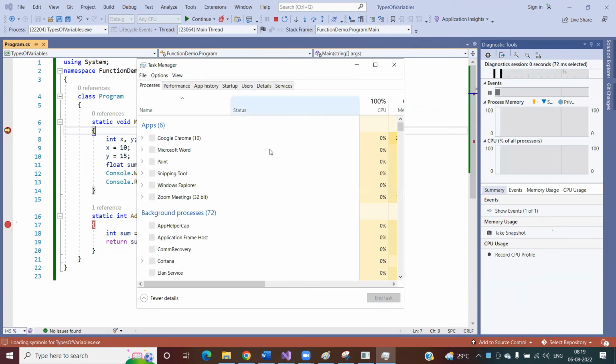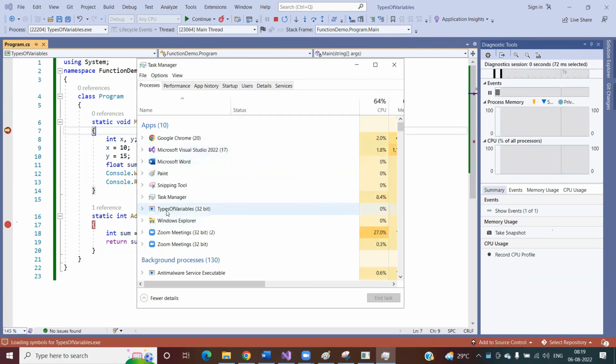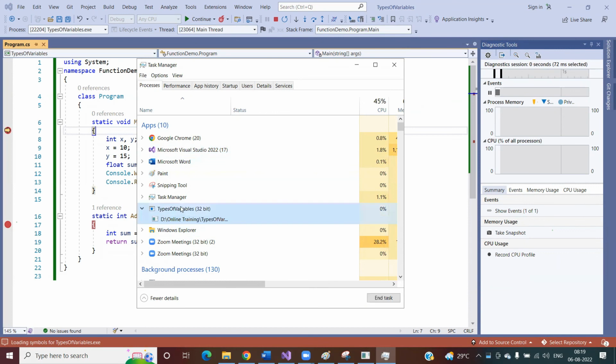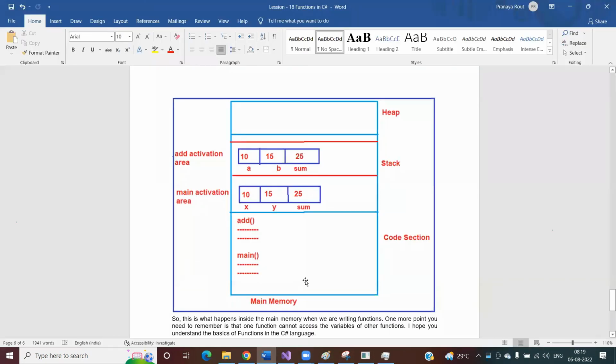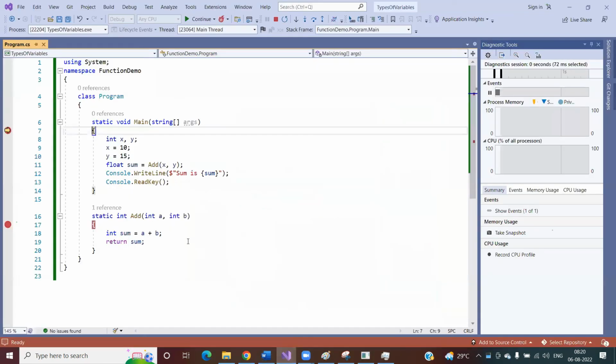You can see this is one exe. This exe is loaded inside the main memory, right? So what it means is that whenever you are running an application, the machine code is loaded inside the main memory, into something called a code section. Inside that code section, the machine code of your application is going to be loaded. Is that clear? Once the machine code is loaded and the application starts executing,